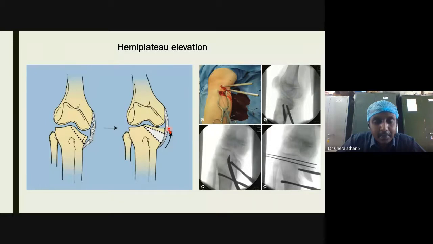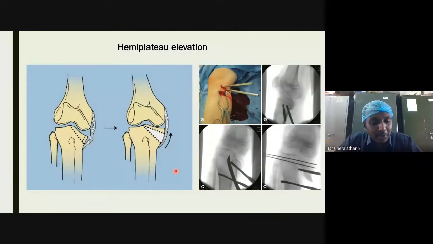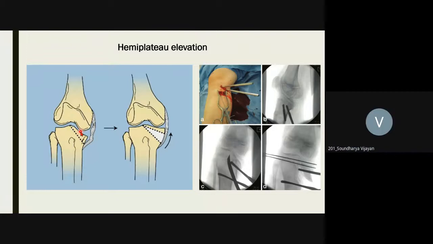Sir, this is correction of valgus, no, sir, if we do it on the medial side? Just a minute. I'll come back to the presentation. Now, what is the problem here? Valgus or varus? Tell me. The medial plateau is depressed. What is the problem here? Varus deformity. Oh, so you're inserting a new bone with the white color.